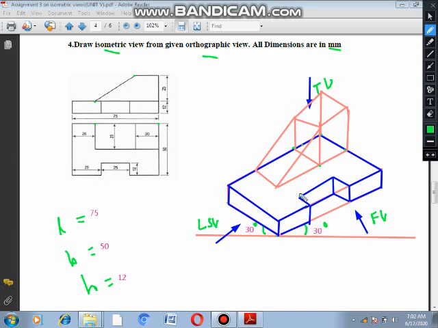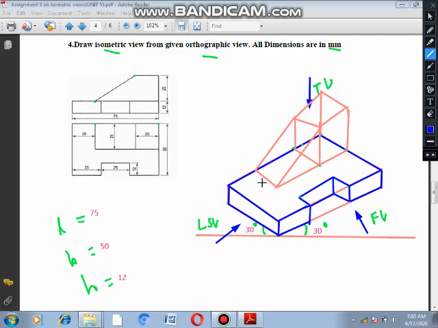Okay, don't draw this line. Don't draw this line. Only this is 12 mm, 12 mm, 12 mm, 12 mm. Now join like this, join like this, join like this, join like this. You will get this shape of the diagram. Okay, right. Next one. Clearly listen to this video again and again, then you will understand very easily.